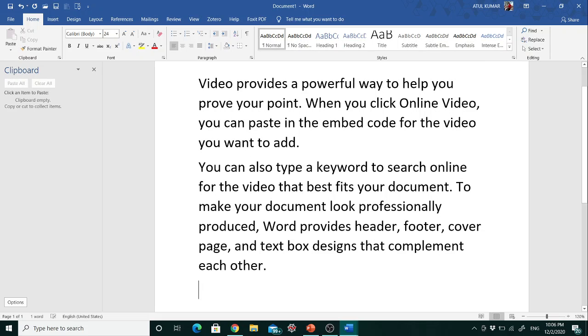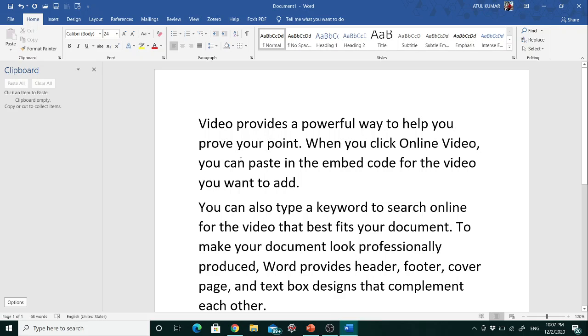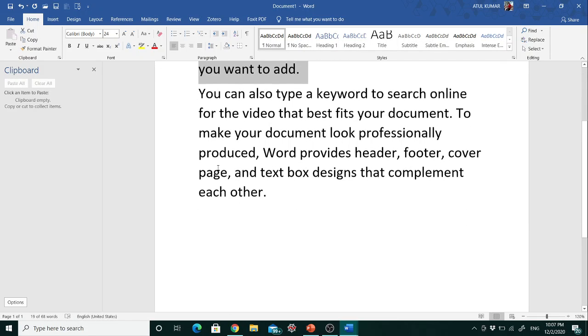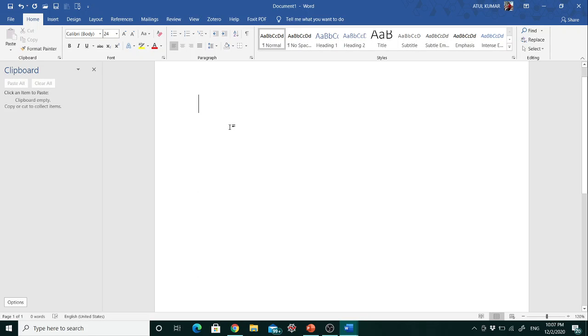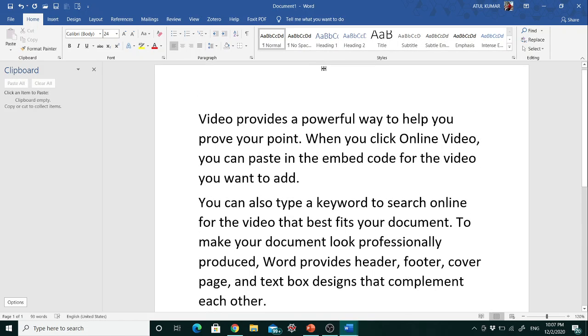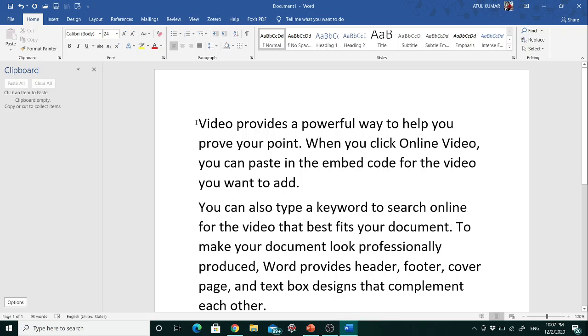If I write here 2 comma 2 and close the bracket, it will randomly generate two paragraphs, and each paragraph of two lines. There are two lines available in each paragraph. This is the first line and this is the second line. For practical purposes I have used this kind of command. Once again, I delete this and I want three paragraphs, and each paragraph of two lines, so it will randomly create three paragraphs and each paragraph is of two lines.